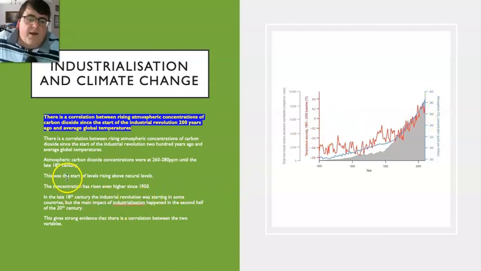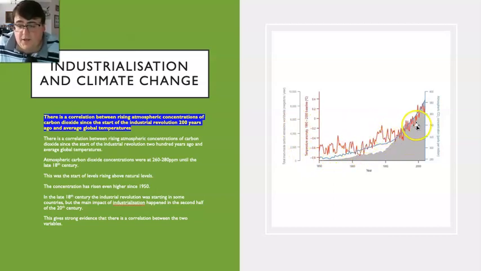Why are carbon dioxide concentrations increasing so much at this time? Well, in the late 18th century, we had the Industrial Revolution starting. The main impact of industrialization happened in the second half of the 20th century, so that's why we started this large increase here. Now, as you can see, as carbon dioxide levels are starting to rise, and we can see